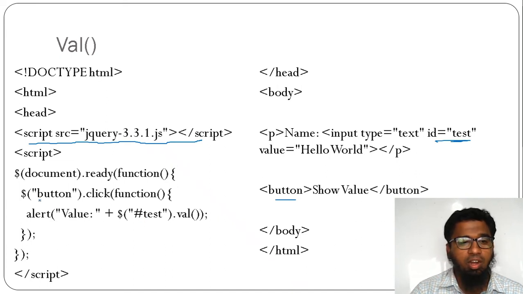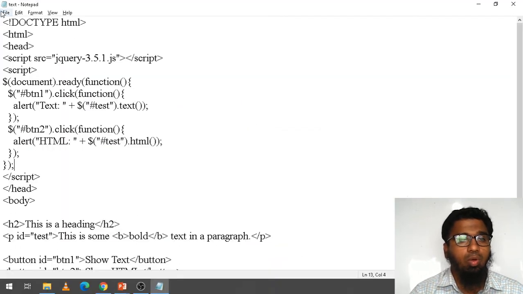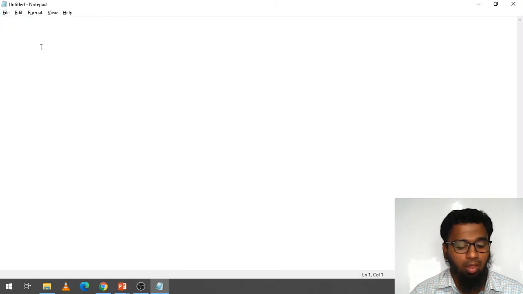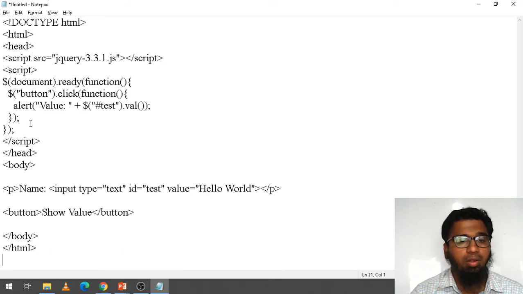Here you can directly take elements like button, or you can create a button with ID btn. I will copy this and paste it in the notepad, and we will see how it is executed. I will create a new file and paste here.